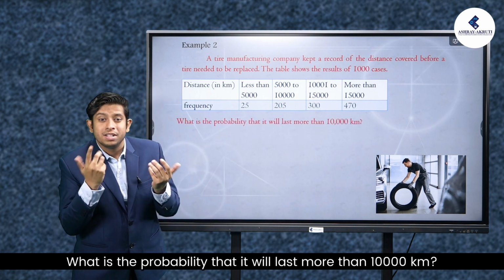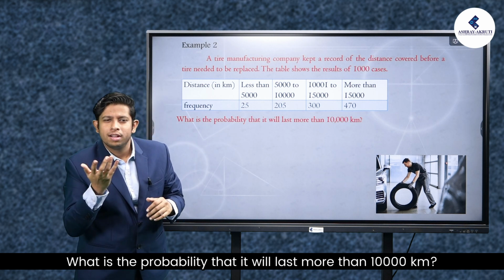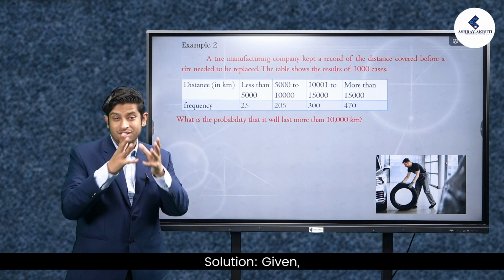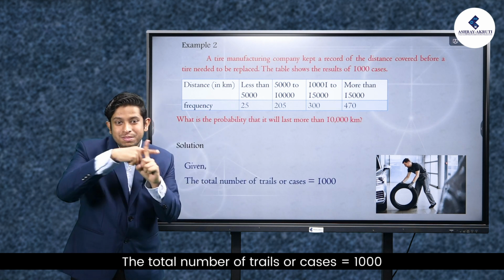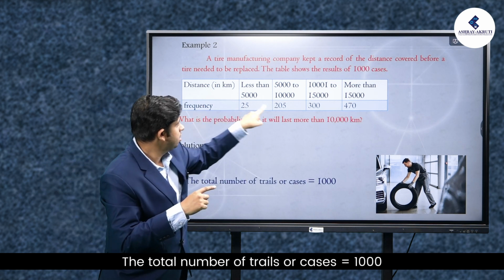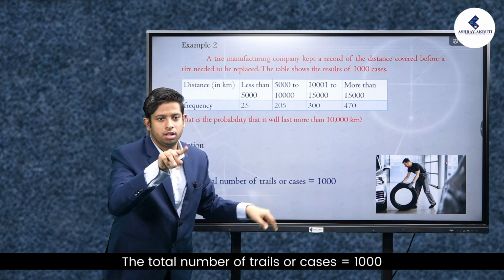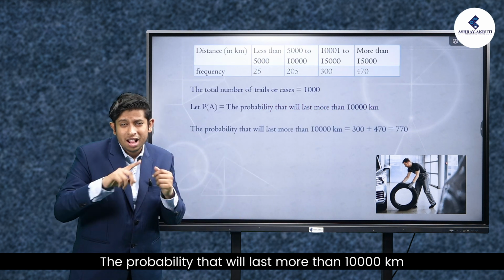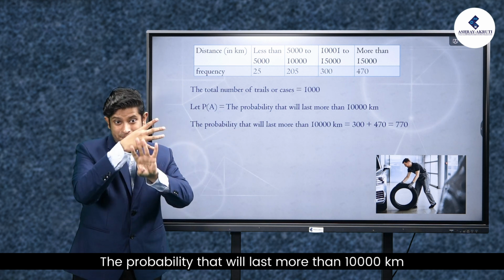What is the probability that it will last more than 10,000 kilometers? Solution: given the total number of trials or cases is equal to 1000. The probability that it will last more than 10,000 kilometers is equal to,